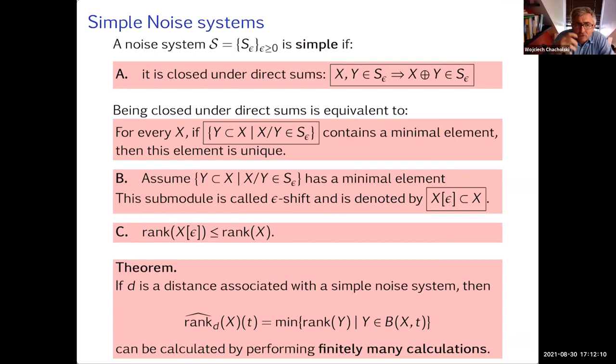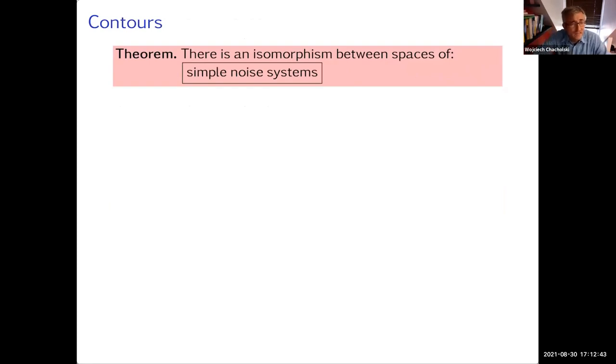Here's what I want to mention. If you would like to study, for example, 2-parameter persistence or 3-parameter persistence, or other invariants such as higher syzygies, higher Betti numbers, Hilbert polynomials, you probably need to look for other noise systems than simple ones. I will come back to it in a second. Simple noise systems are something that most of you have actually seen. This is because there's a theorem that says that there is an isomorphism between spaces of simple noise systems, which I gave an algebraic characterization of,